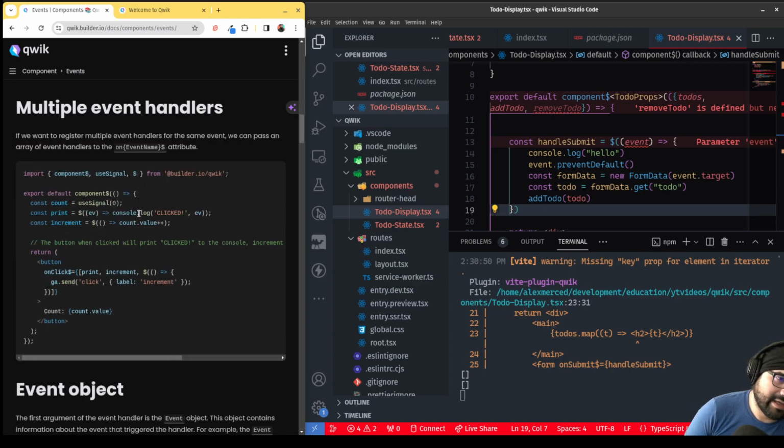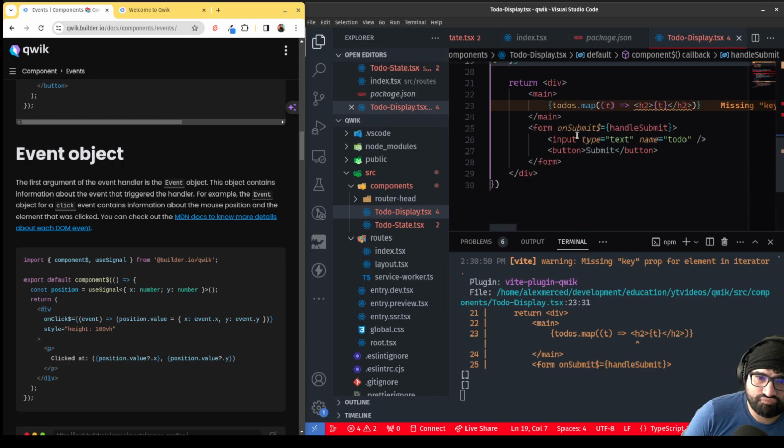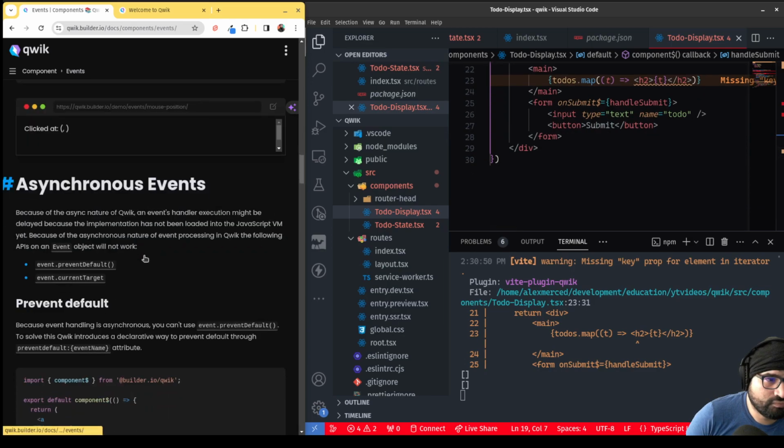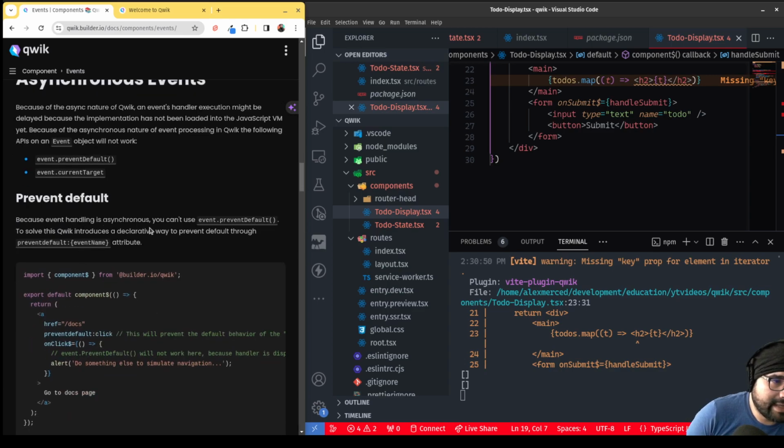Okay, we did that. Because of the async Qwik, on advanced handlers might be delayed because of the implementation of that. Then processing Qwik and following API. Okay, so this doesn't work. Okay, so because the event handling is asynchronous, you can use event.prevent to solve this quick